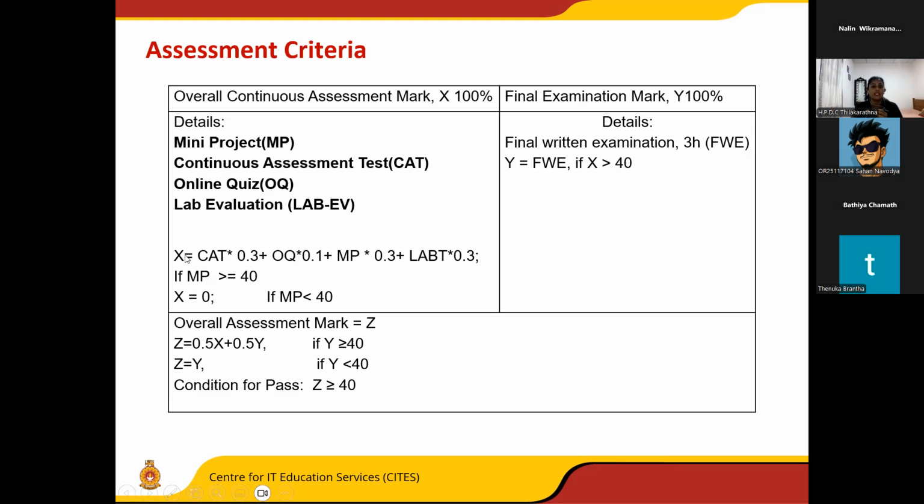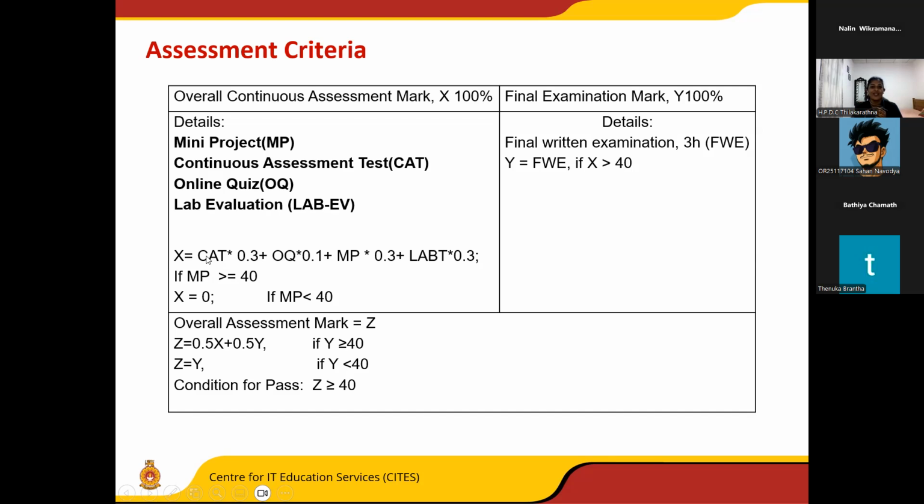So the OCAM is, as Mr. Lahiru mentioned before, calculated using this formula. So you can see that we consider 30% from CAT and 10% from OQ mark, the online quiz, and 30% from mini project, and 30% from lab evaluation. So you can see you have to do all these things,